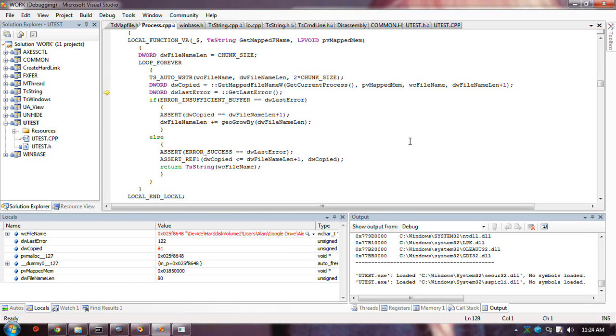A new thing. Now you see what it's got here? Device hard disk volume 2. I only need to really find out this much worth of the return value, right? The rest doesn't matter. I think what it copied in last time probably had these characters.